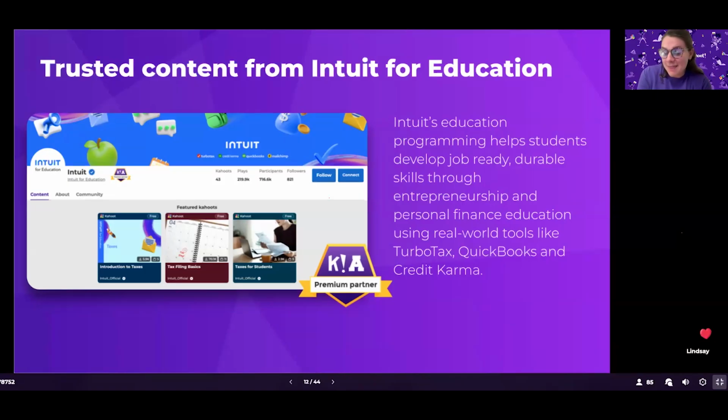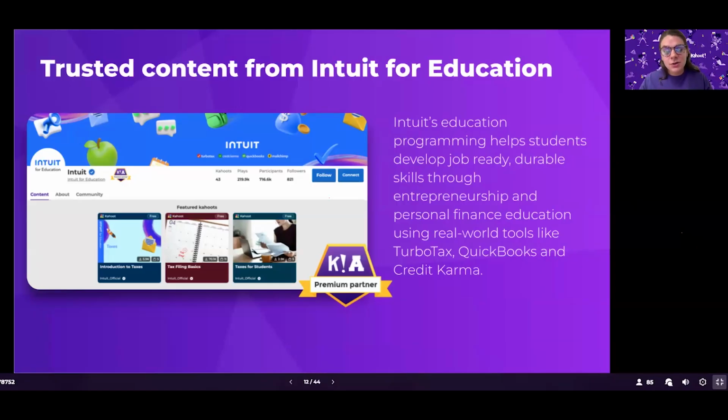So while I like to think I know a little bit about what I'm doing with my own financial literacy, I definitely don't feel charged and confident enough to teach high schoolers around the world, but Kahoot can help make Intuit for Education, or you as a creator, reach all of those high school students around the world and take charge of their own learning by facilitating these experiences that are hosted and available digitally, to then be able to share, present live within your lessons as well.